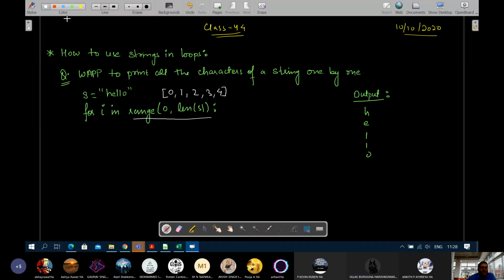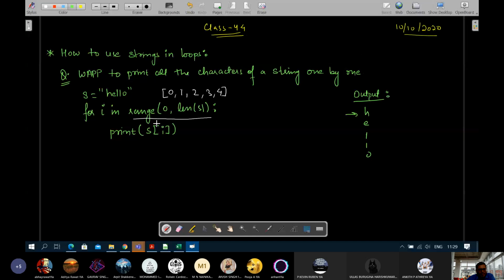Correct. Now in order to print the characters one by one, we'll simply write print s of i. That means print the character at index position i in s. So the first time i will be 0, so s of 0 will be printed, that is h.